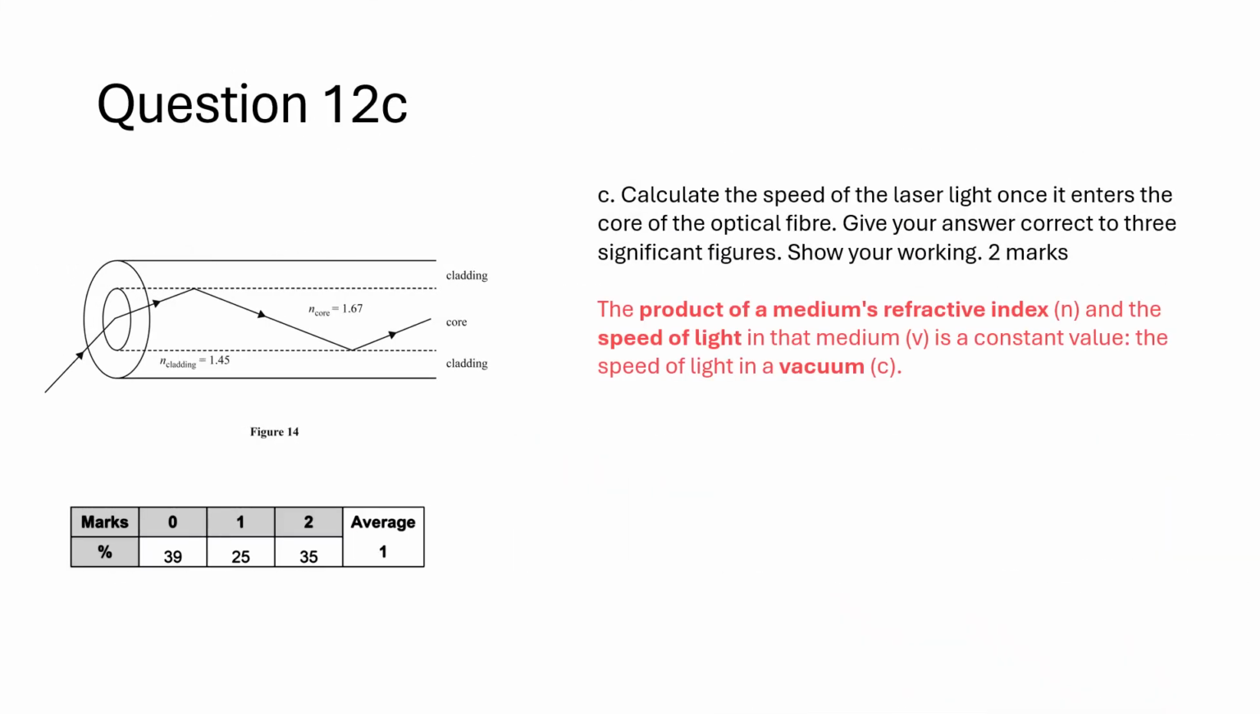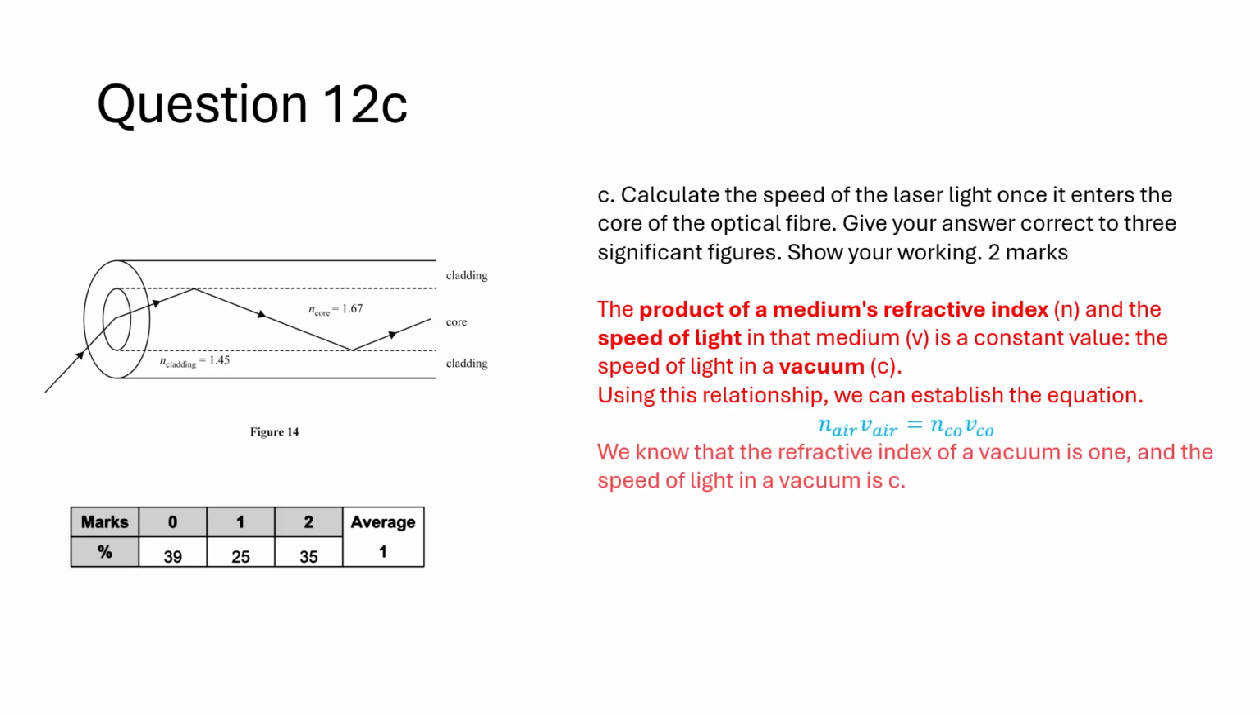The product of a medium's refractive index, n, and the speed of light in that medium, v, is a constant value, the speed of light in a vacuum, c. Using this relationship, we can establish the equation. We know that the refractive index of a vacuum is 1, and the speed of light in a vacuum is c. To calculate the speed of light traveling in a core, you can rearrange the equation to